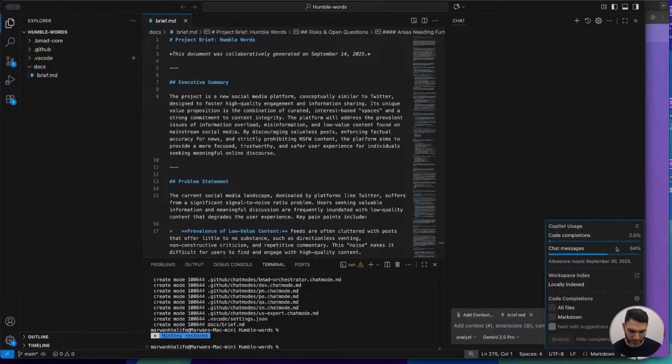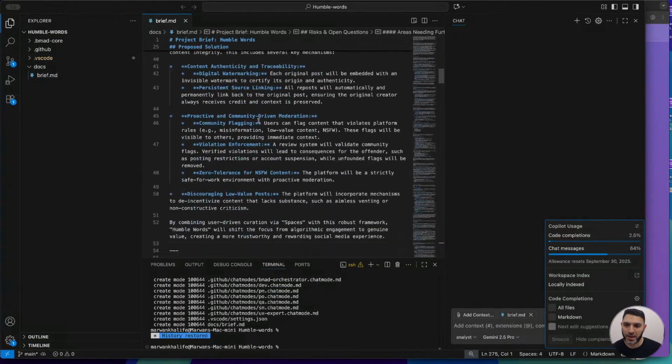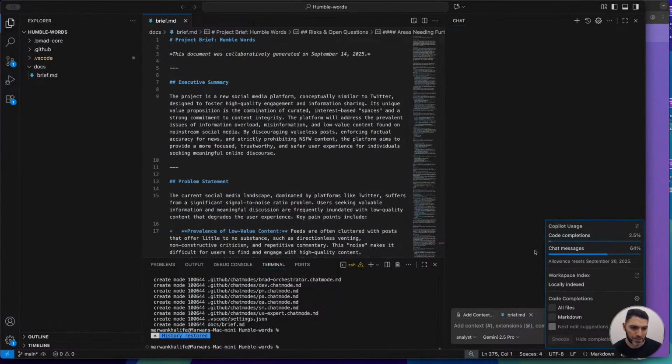So do all of the analyst work, choose your technology stack, make whatever decisions are needed, and from that point on let it create your PRD. Then take the PRD and place it inside of the docs folder, just call it prd.md, and save yourself quite a lot of the usage